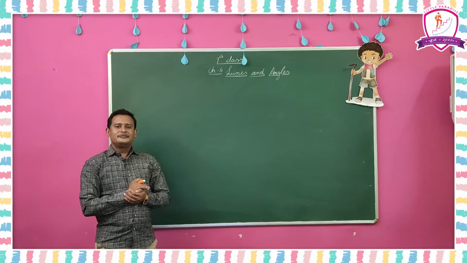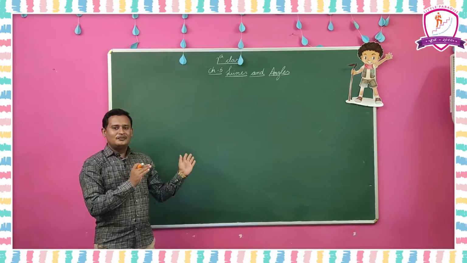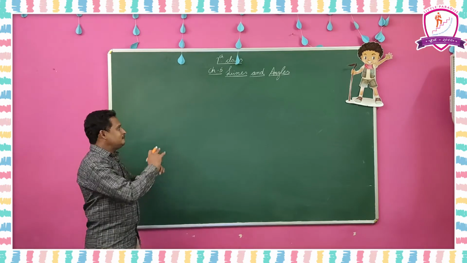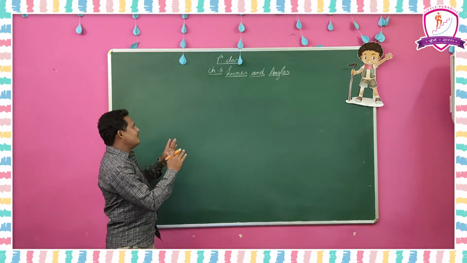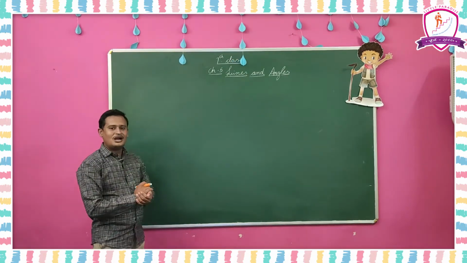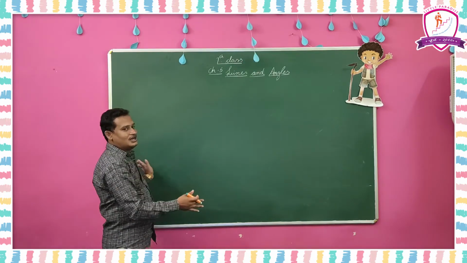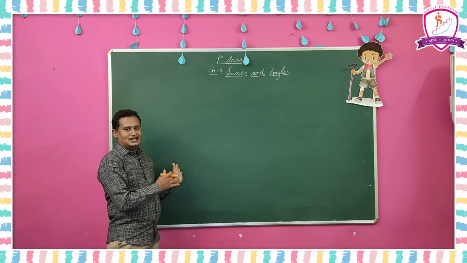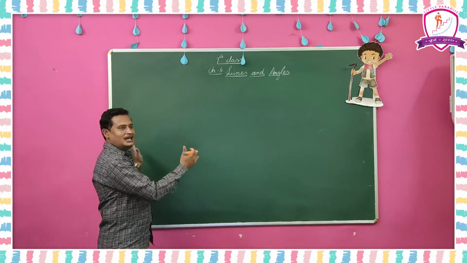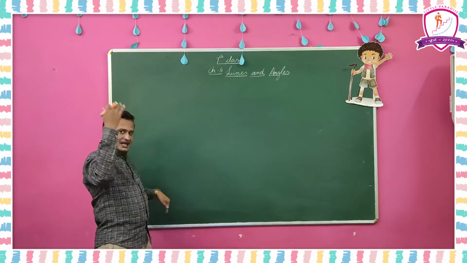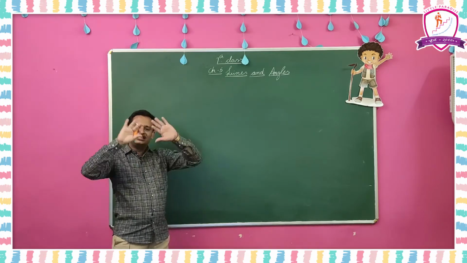What is a point? A dot located in a plane is called a point. What is a plane? An empty place which is extended in all directions. Here we can observe this board is called a plane, and this front side wall is also a plane. We have 6 directions: front, back, two sides, and up and down. So 6 directions, 6 planes.